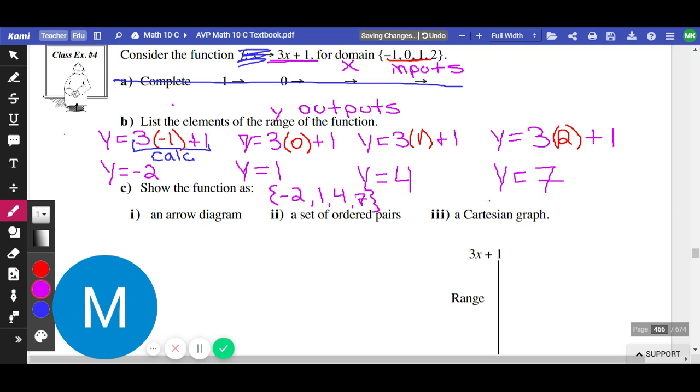And remember, domain means here's your input values. Here's possible inputs. If I say, what's the range? Well, use your inputs to figure out your possible outputs, and that would be your range. All the other stuff on this page, like the mapping, don't worry about that. And don't sweat it. Fantastic. Anybody have any questions about that? Doing a range kind of comes up